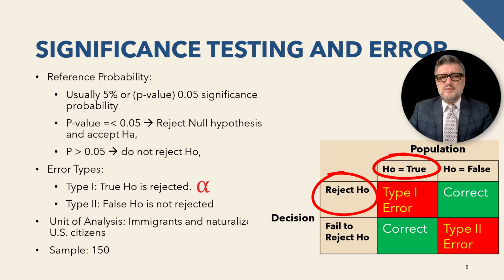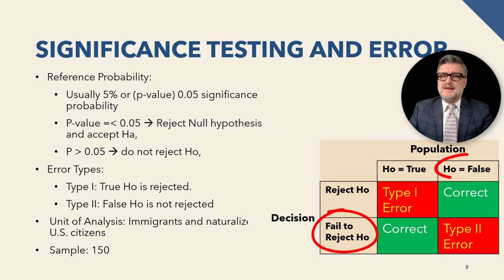Type 2 error, or beta, occurs when the null hypothesis is not rejected when it is actually false. This is known as a false negative or beta error. The probability of making a type 2 error is denoted by beta, and the power of a test, 1 minus beta, reflects the probability of correctly rejecting a false null hypothesis. In our hypothesis, type 2 error would be if in reality there is a difference in crimes committed by people in different immigration statuses, but we conclude that there is not.